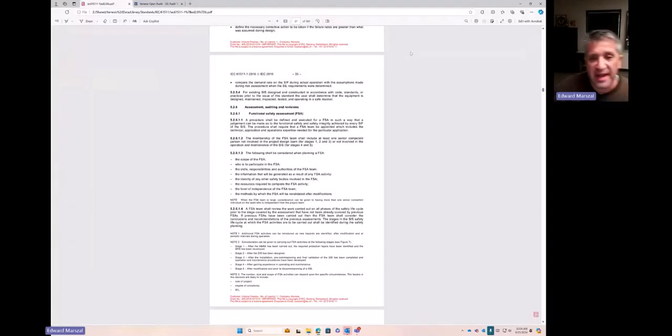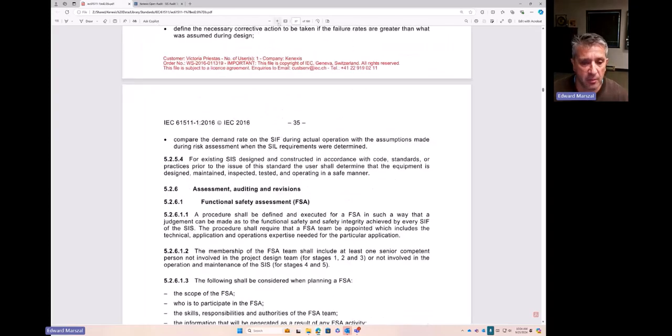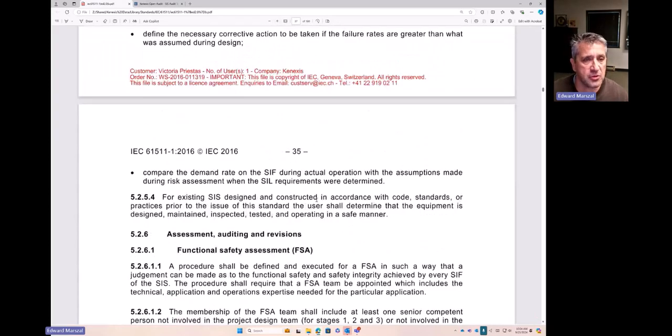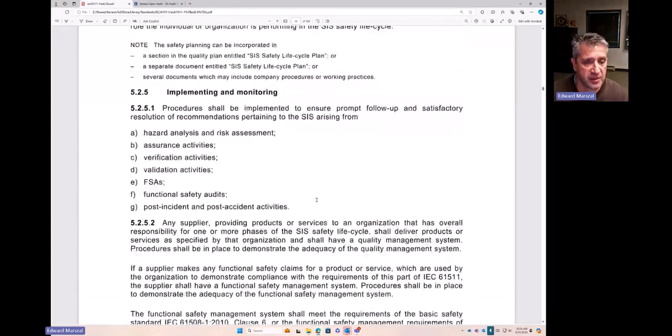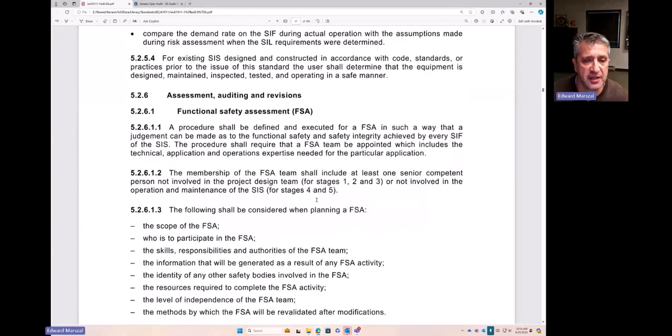So the topic for today is functional safety assessment. I'm going to start directly in the standard where we talk about functional safety assessment, and let me make this a little bit bigger so it's legible to human eyes, and back up as far as I need to. Yeah, functional safety assessment. So functional safety assessment is a critical part of the IEC 61511 standard, and it is